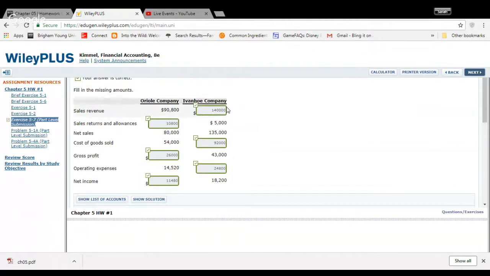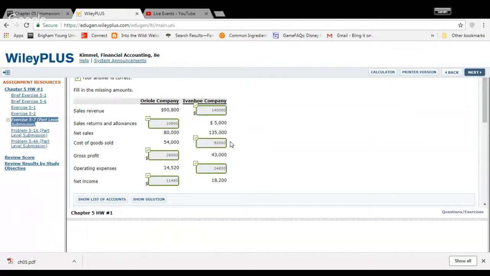So over in the next company, you find the sales revenue by adding net sales and sales returns and allowances together, and you get 140,000. So that's $135,000 in net sales plus $5,000 in sales returns and allowances, and you get the $140,000 of sales revenue. And then cost of goods sold, in order to get that, you find the difference between 135,000 in net sales and the gross profit, which ends up being